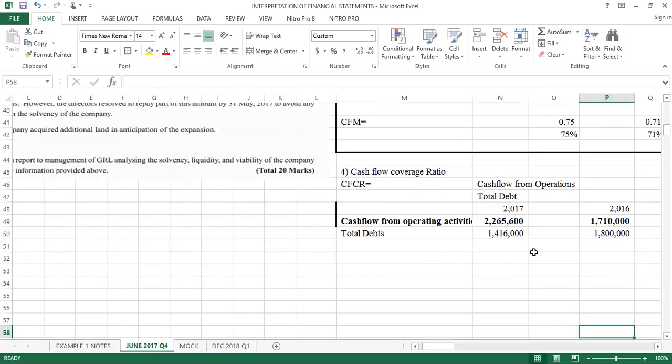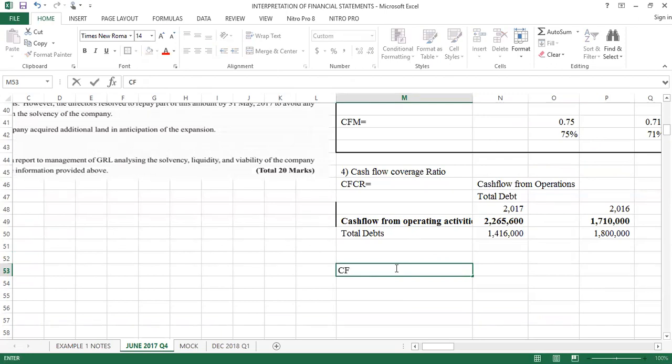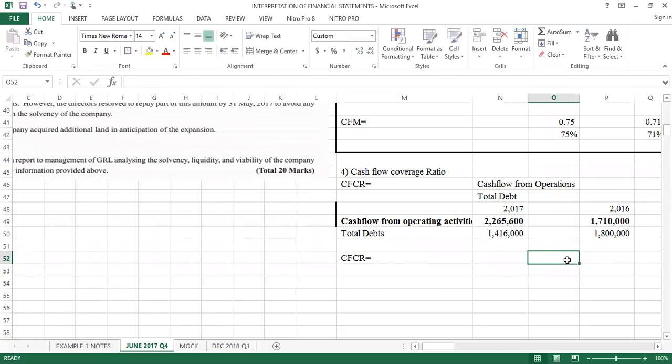So the total debt. So here, what do we have? Cash flow coverage ratio. Cash flow coverage ratio is therefore equal to, somebody can help me, this divided by that. It gives whatever it gives you. So that will give you